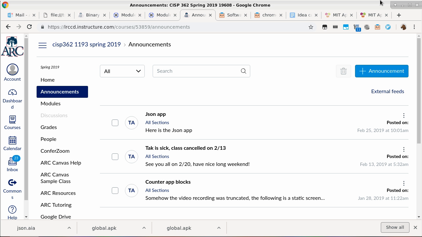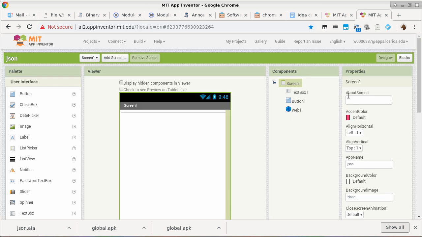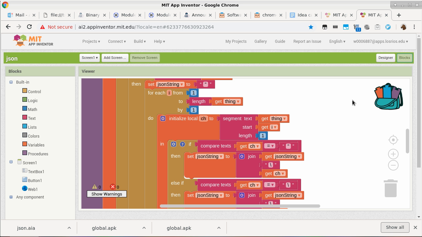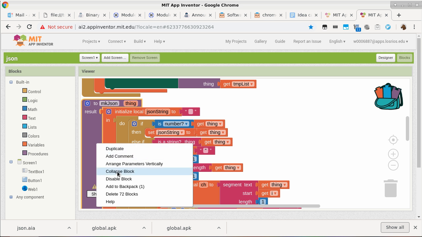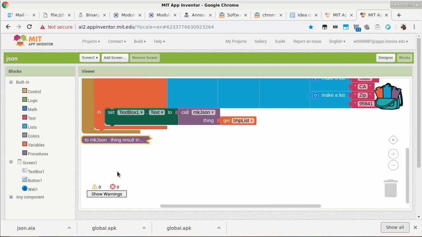Okay? All right, so the point here is I have to go to blocks because I want to make this thing a part of my backpack. Now, this is another trick, when you look into something and go like, this is done, okay? I really don't need to look at all this messy detail all the time, because it does make dragging and dropping kind of a hassle. So you can go here and you can say collapse block.